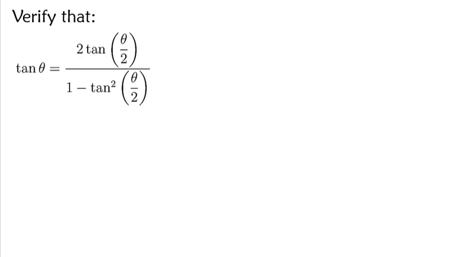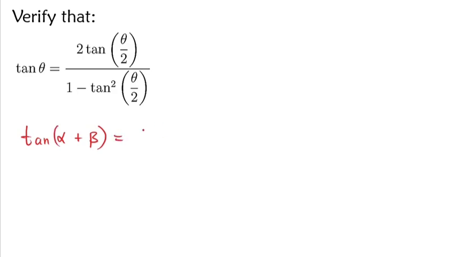So let's verify that tan theta is equal to 2 tan(theta/2) over 1 minus tan squared(theta/2). So the identity we're going to be working with here is the sum and difference identities. The identity looks like this. We're going to say tan of alpha plus beta